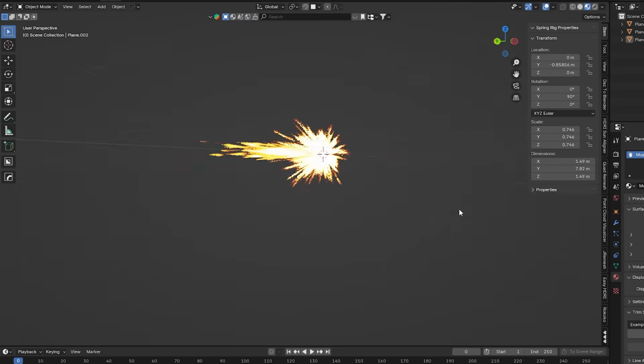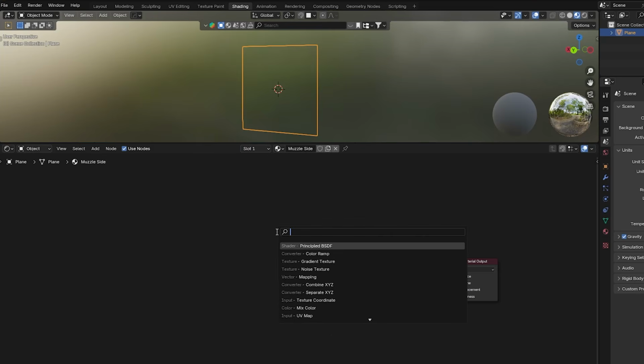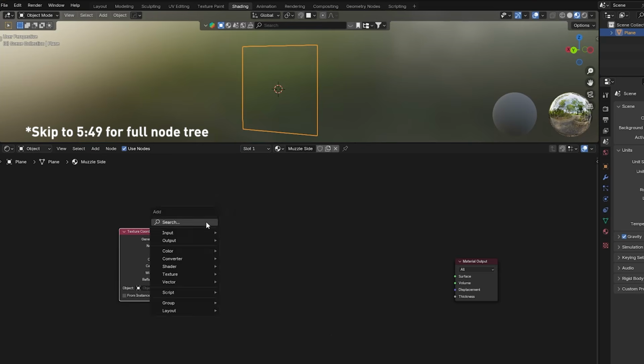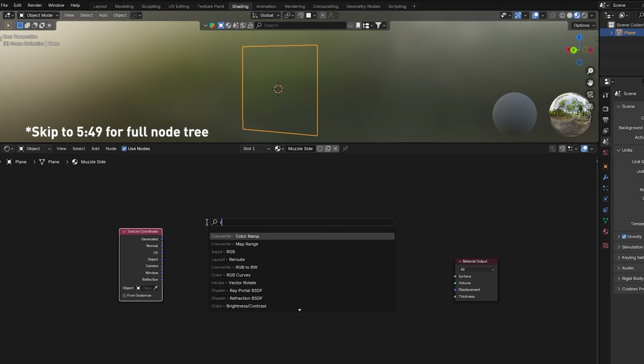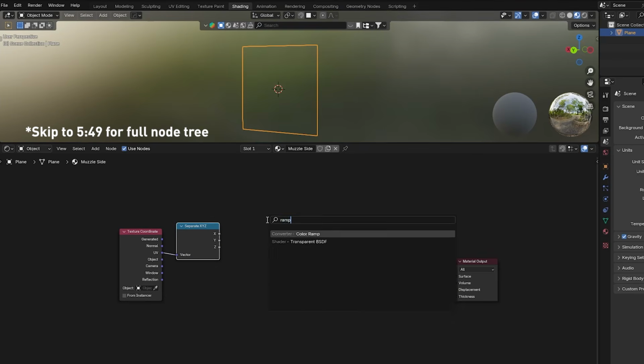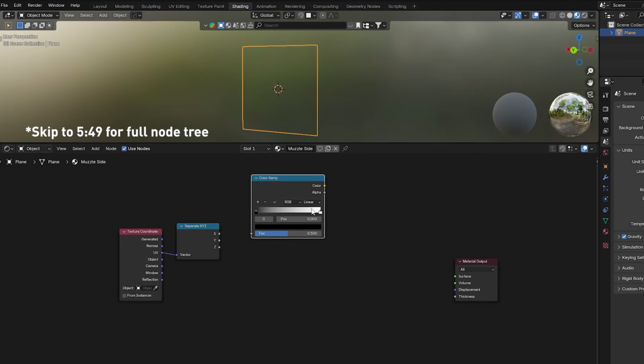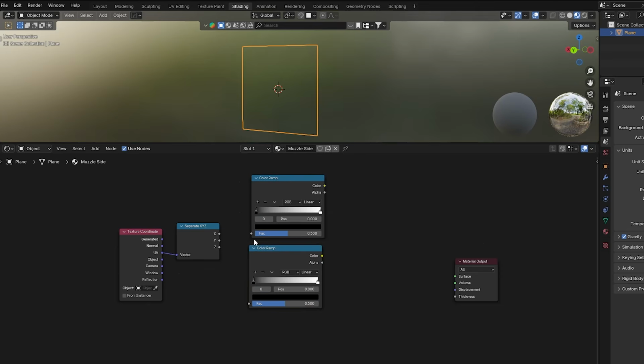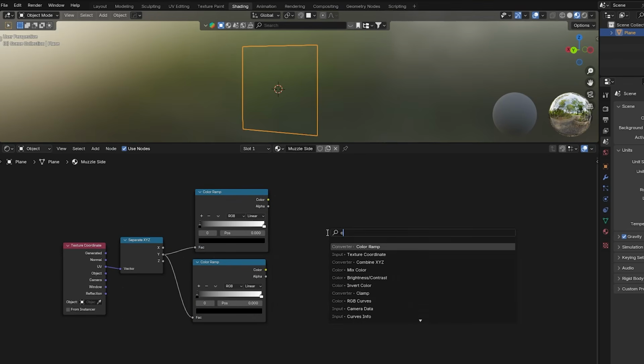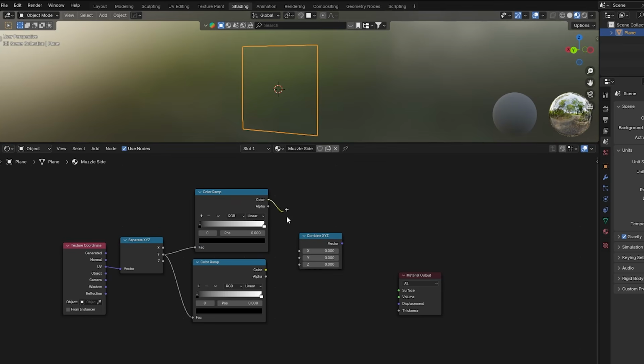The process for the muzzle side shader is pretty similar to the muzzle front shader. We're going to start off with a texture coordinate node and then connect the UV to a separate XYZ node to isolate the Y coordinates. Then we're going to make 2 color ramps that are connected to the Y output of the separate XYZ, and then plug them into a combined XYZ node with one ramp going